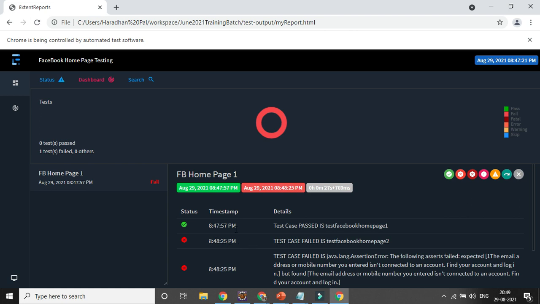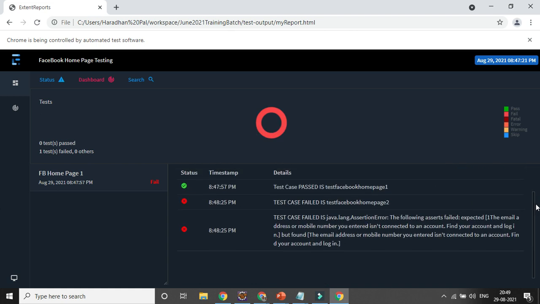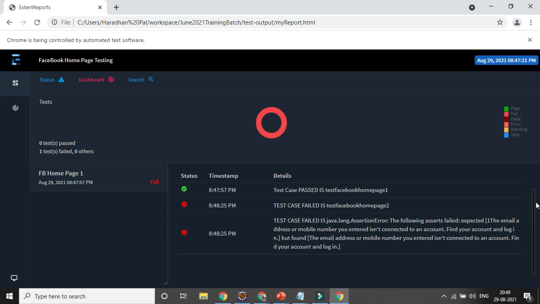So that's why you can get the details. It is considering only one test case, but the first part is passed, the second part failed, right? You can see some kind of pie chart it is giving, right? Pass, fail, skip, all this stuff.